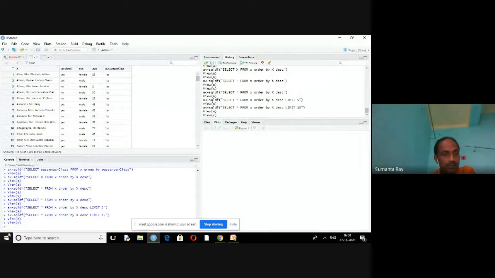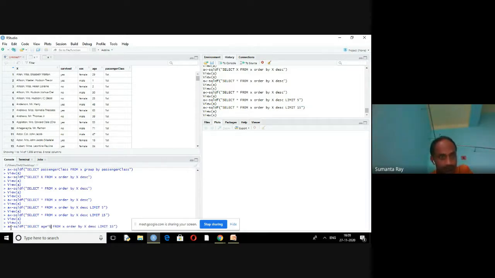So if you want to change this one, suppose here you write select star from X. Select age multiply by 5.